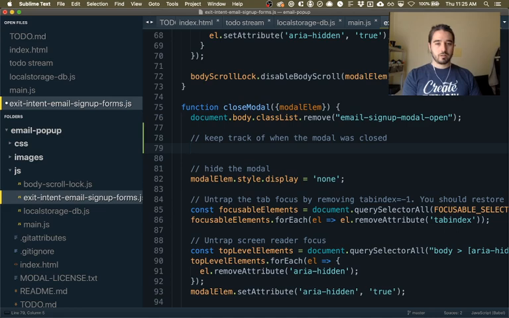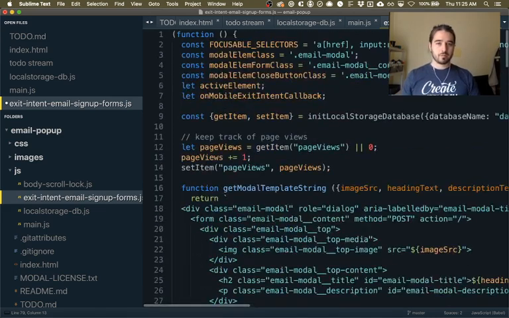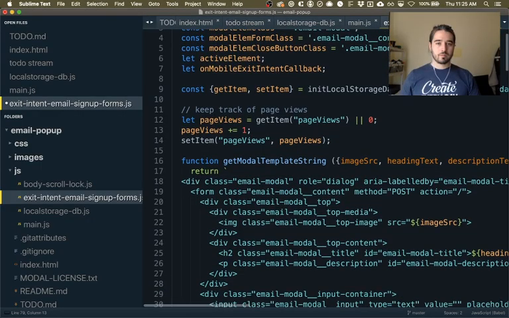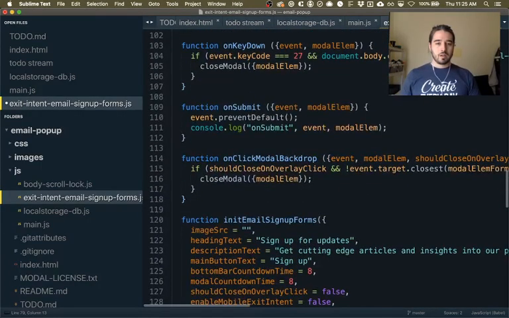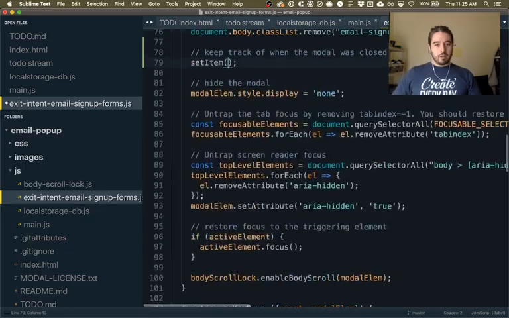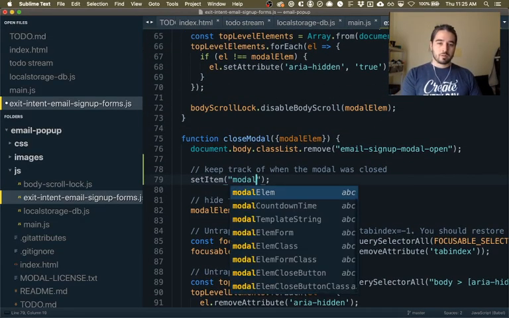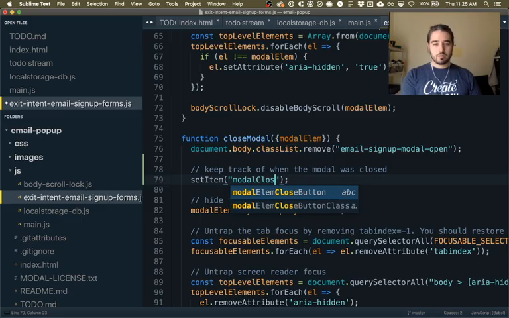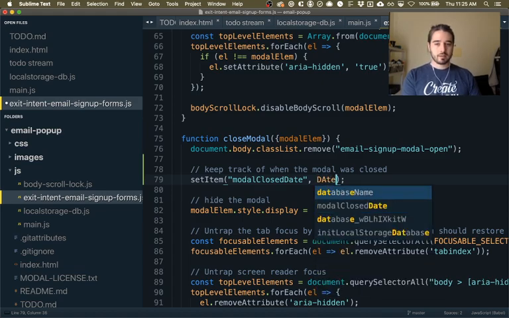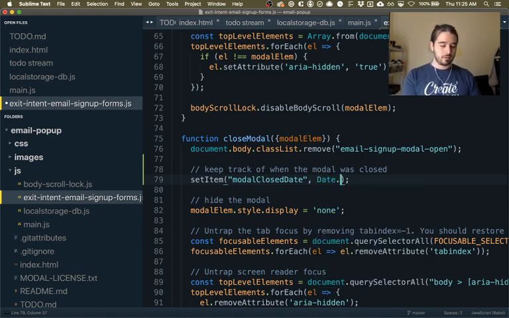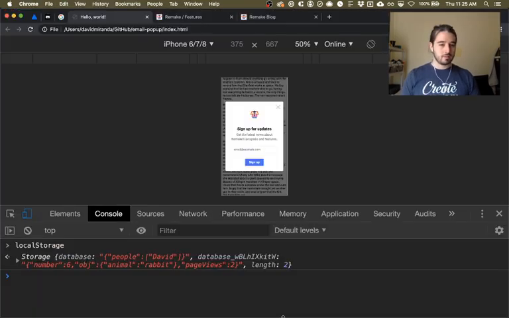And we're going to do setItem, and we're going to say modalClosedDate, and we're going to pass in Date.now, which I believe is going to be the number of milliseconds